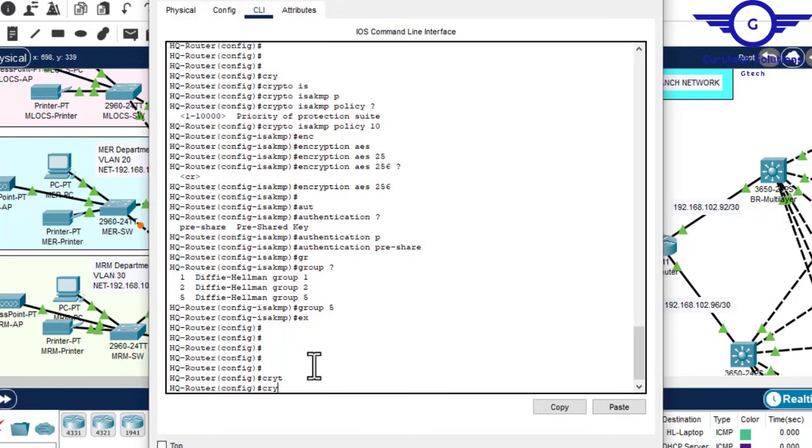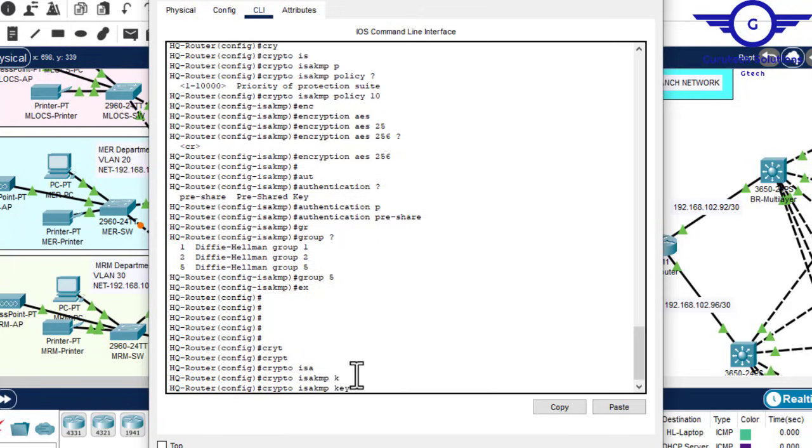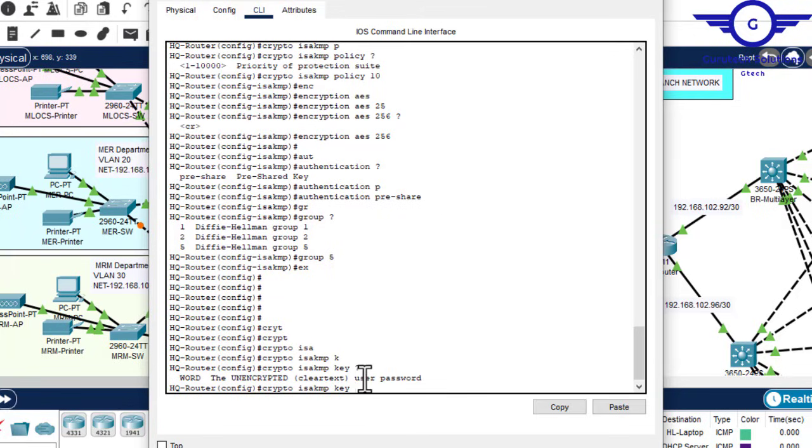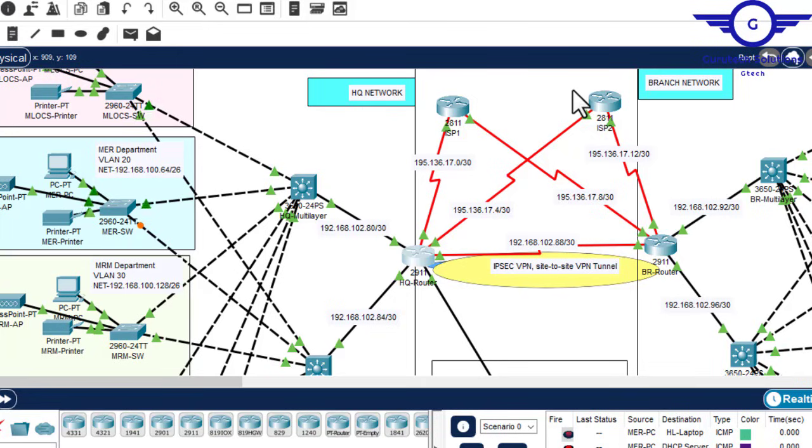Now we match it to the peer IP address, which is crypto. We use the command crypto ISAKMP key. Let's use the password of the key, let's just say VPN 55. You can use anything. I've just guessed that one. Then address should be the IP address of the next router, the router that we're going to configure